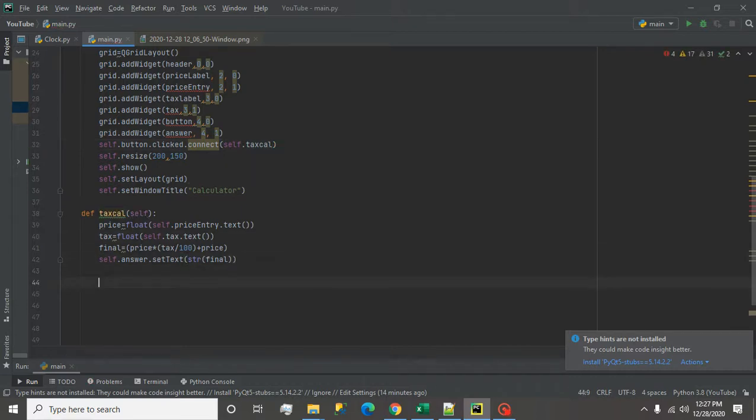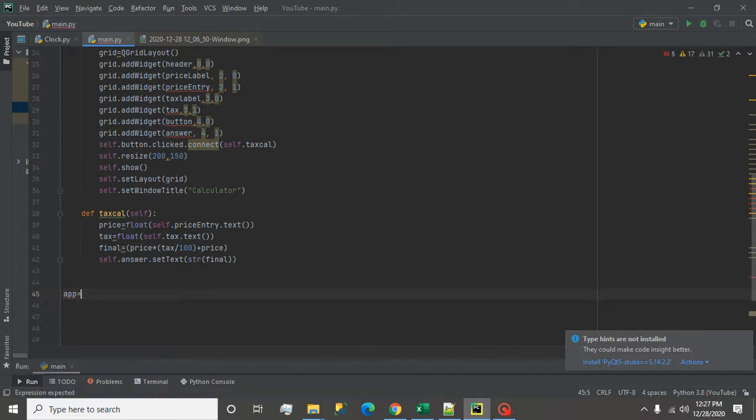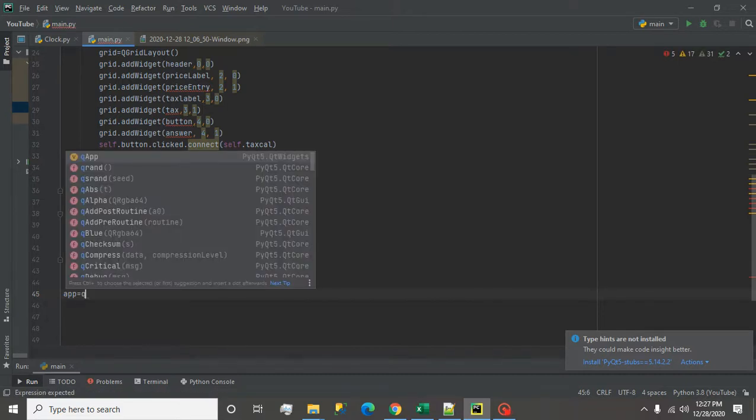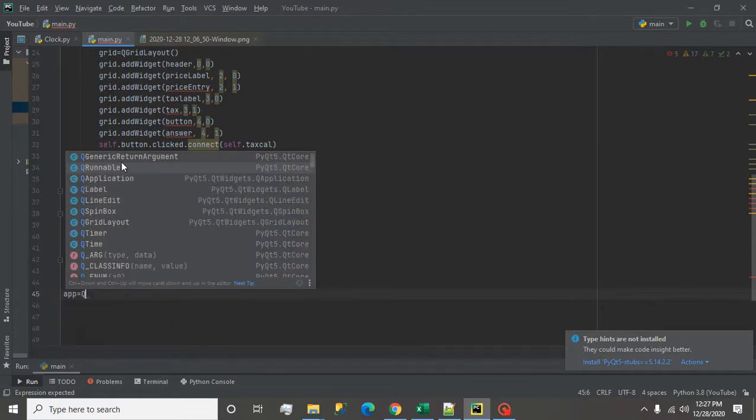Now the main thing remaining is that we have to call our main class which we have created. So I first write app, I am creating object app, and here I write QApplication, with Q in caps.